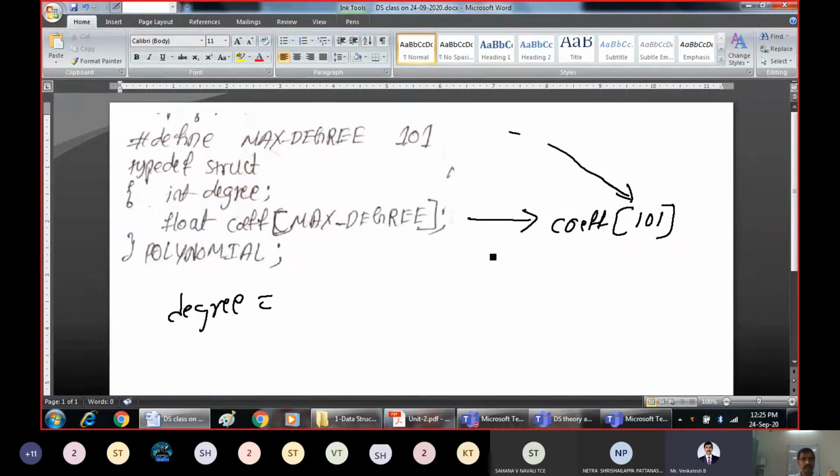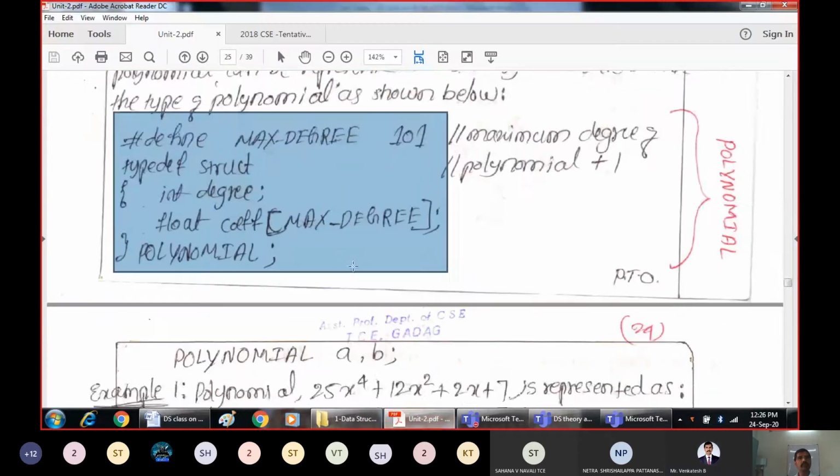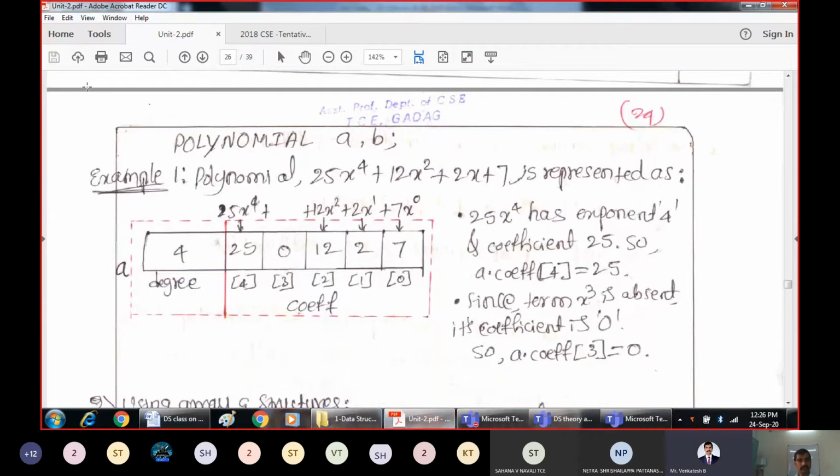For that we are giving a typedef name, polynomial, because we are creating a typedef structure and giving it the name polynomial. By using this typedef structure name, polynomial, we can declare our structure variables. For example, here we have declared two variables, polynomial a comma b.